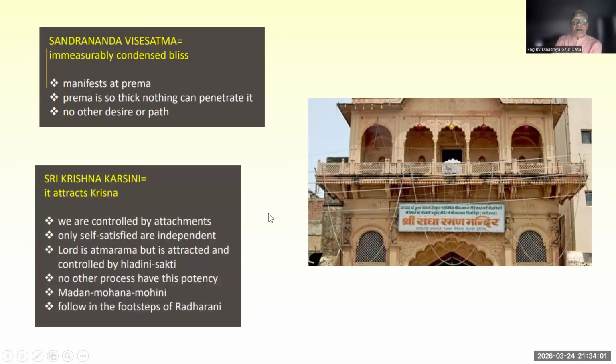Now, Krishna Akarshani. In the last session, we talked about how Cupid was very, very proud of himself, that he can attract anybody. He can go to the heavens and everybody gets attracted or influenced by him. So he goes to Lord Shiva. Lord Shiva says, okay, you are so proud that you can attract everyone. Why not go to Vrindavan? There is a small boy there. If you are able to attract him, I will accept that you are all powerful.